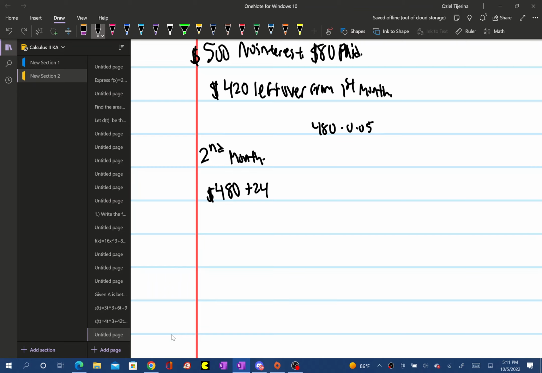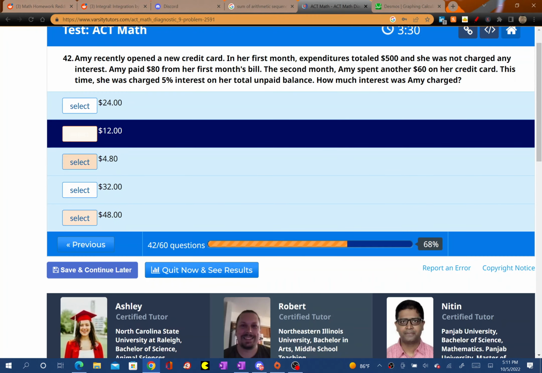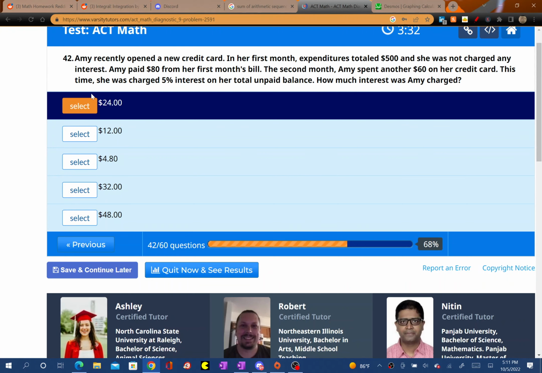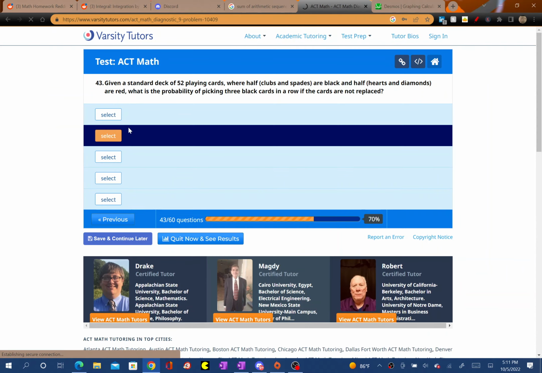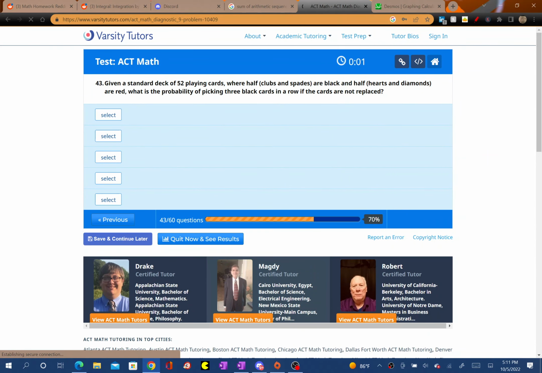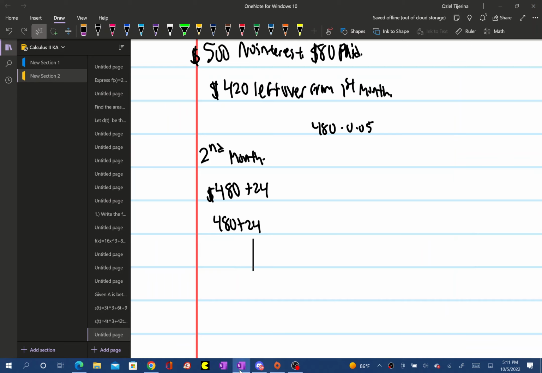So that means that she was charged $24 over. That's how much interest was added to her account. It's not asking for the total, it's asking how much interest in terms of dollars, because she was charged 5%